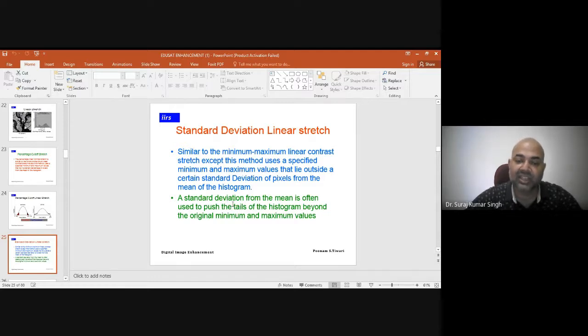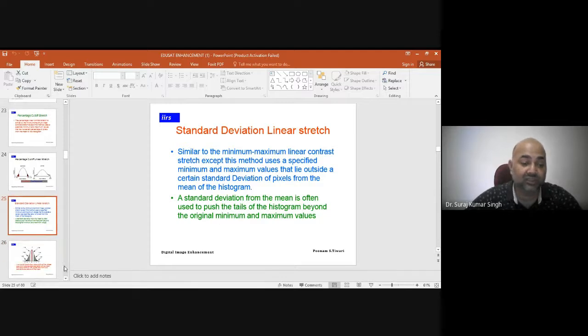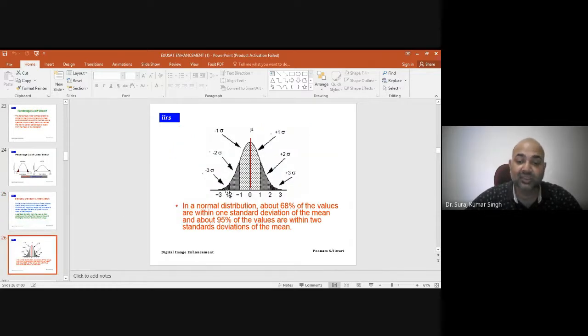So a standard deviation from the mean is often referred to as a push of the tail of the histogram beyond the original minimum and maximum value. So what does it do? You can see this. In a normal distribution, about 68% of the values are within one standard deviation of the mean, and about 95% of the values are within two standard deviations of the mean.